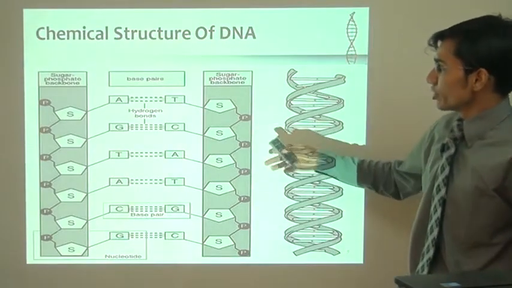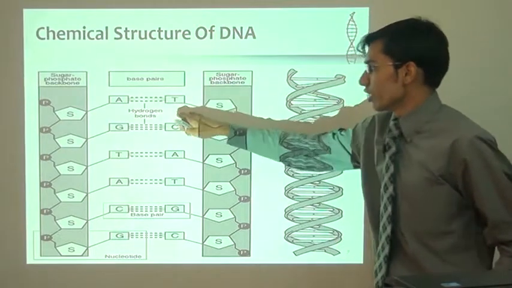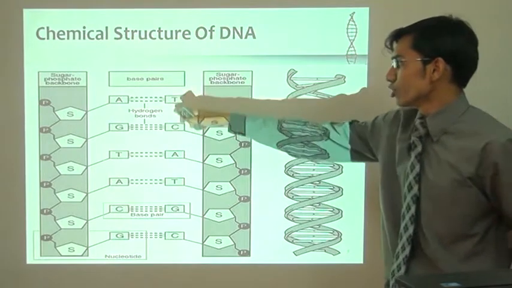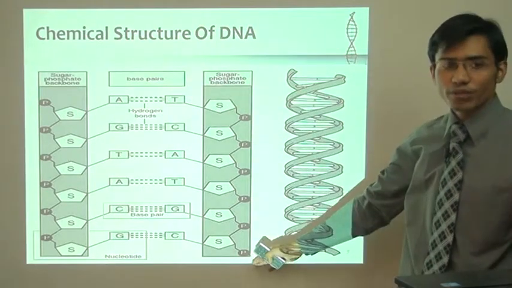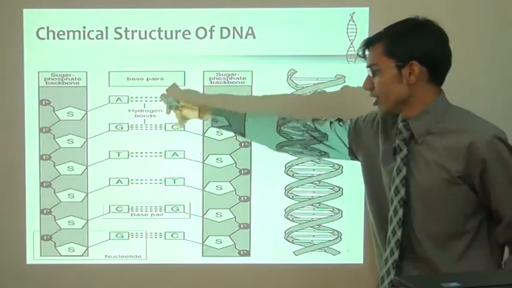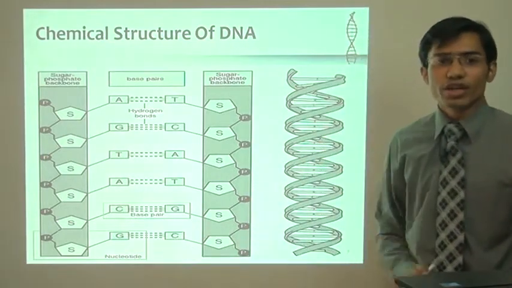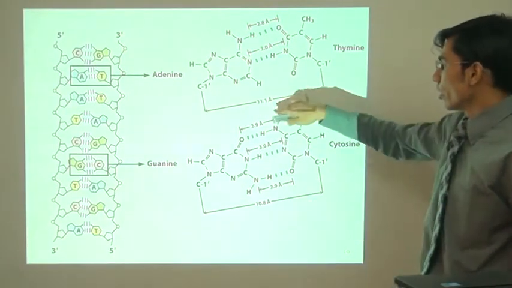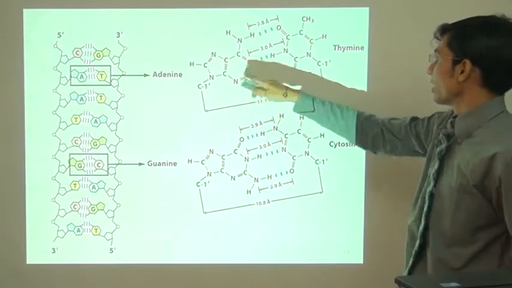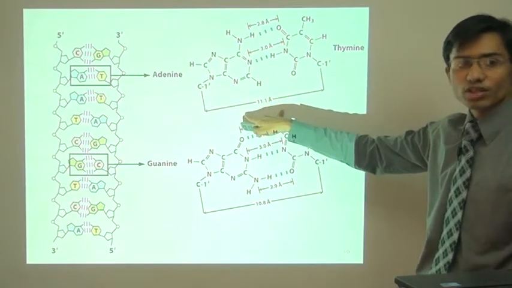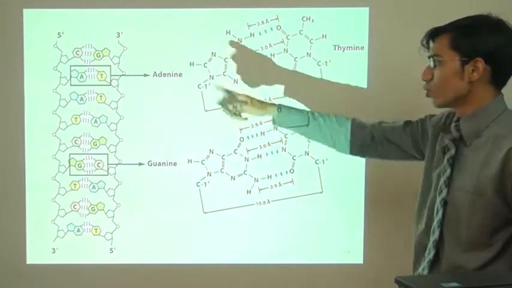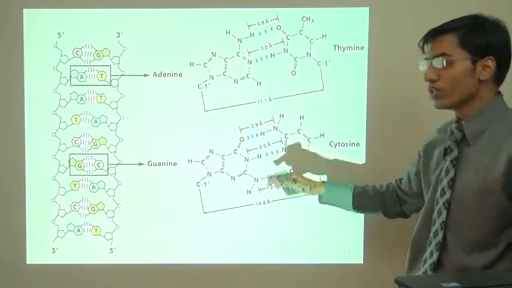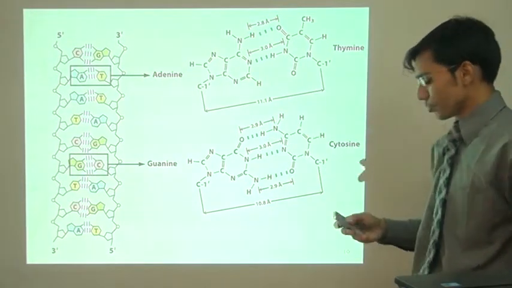This is one more representation which includes base pair A or T joined with 2 hydrogen bonds, and G or C combined with 3 hydrogen bonds. This is the sugar phosphate backbone made up of sugar and phosphate, and these 3 combined make a nucleotide of DNA. This shows a typical structure of how adenine and thymine are related to each other with a distance of 11.1 angstrom between 2 DNA strands, and guanine and cytosine with 10.8 angstrom of distance between 2 DNA strands.